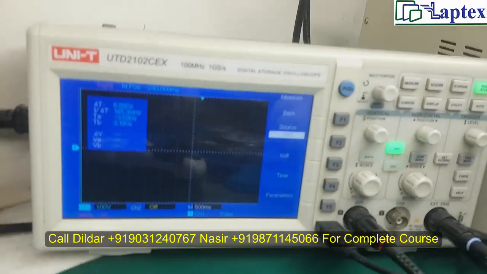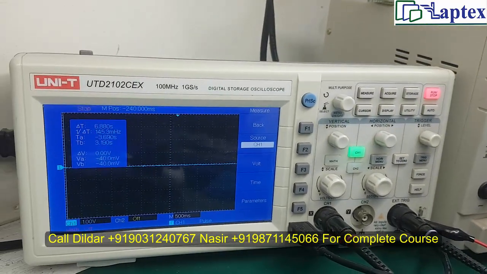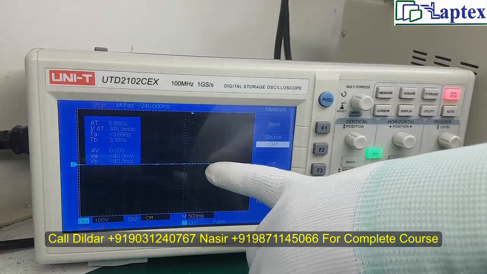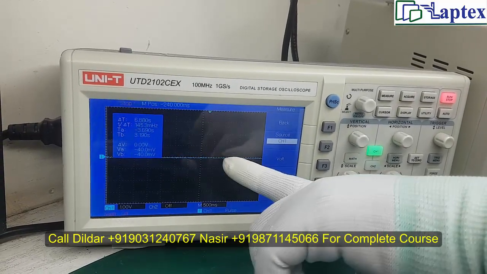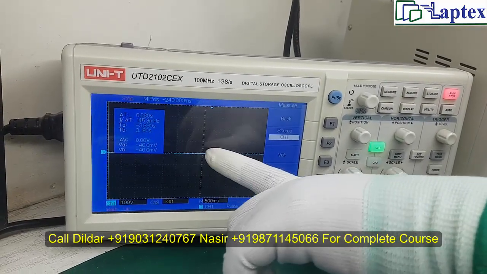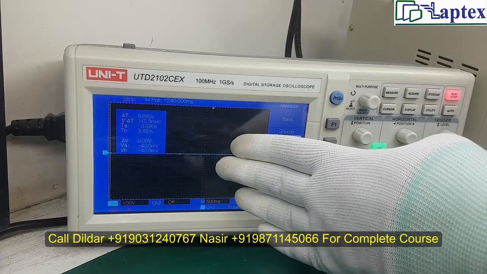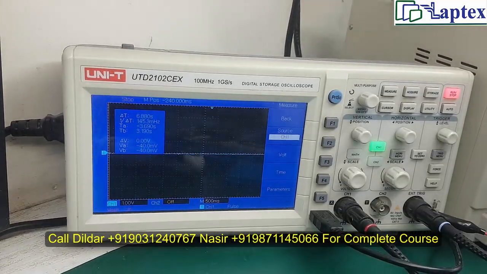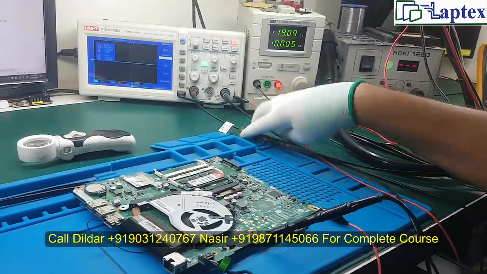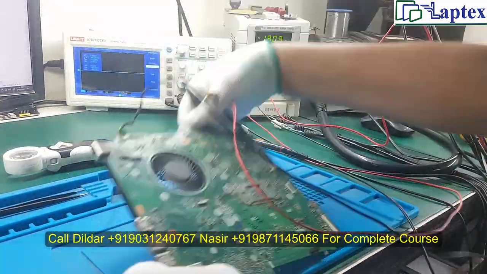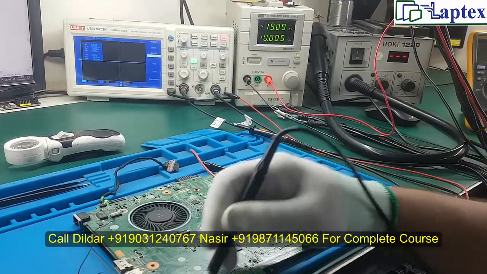It is turning on, but we are not getting any voltage on this point. You can see that it is not going above the origin. It stays at the zero origin, which indicates that the core has a fault. So I have to diagnose what the problem in the core is.